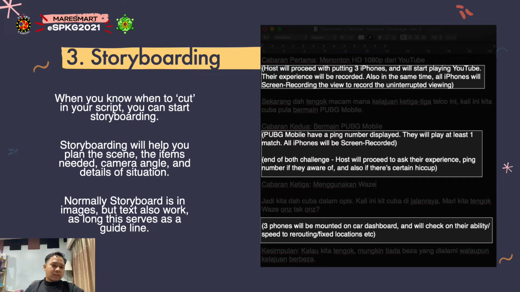So normally a storyboard is images, but text also works, as long as it serves as a guideline. In the script I also show this, I was doing this for iPhone ads. Even PUBG Mobile has a ping number display, so they have to be screen recorded.